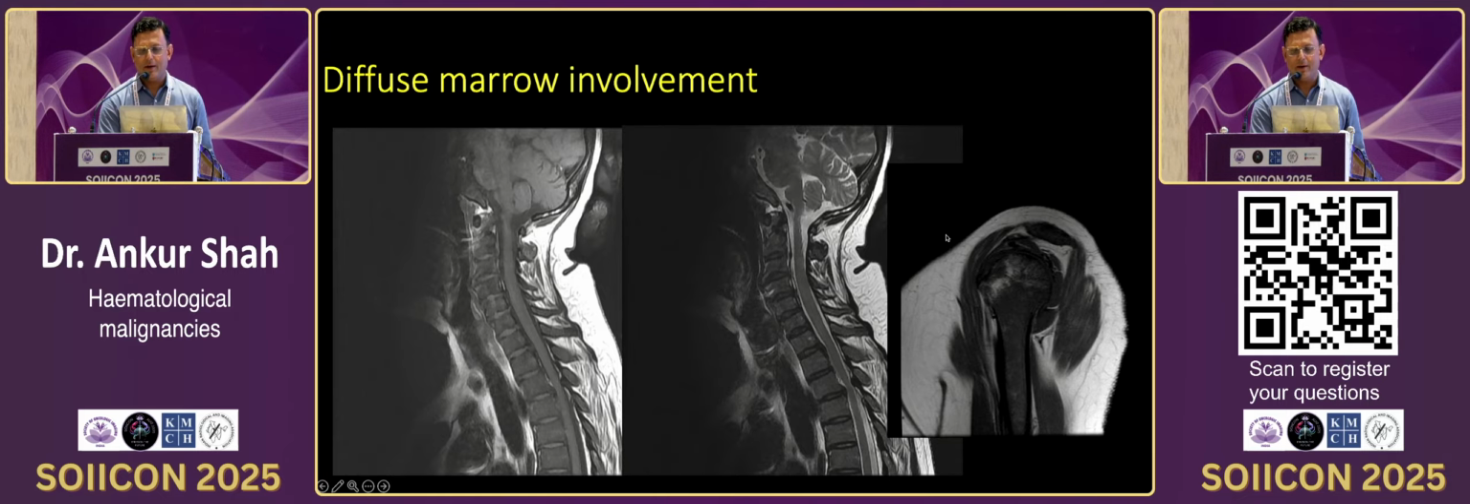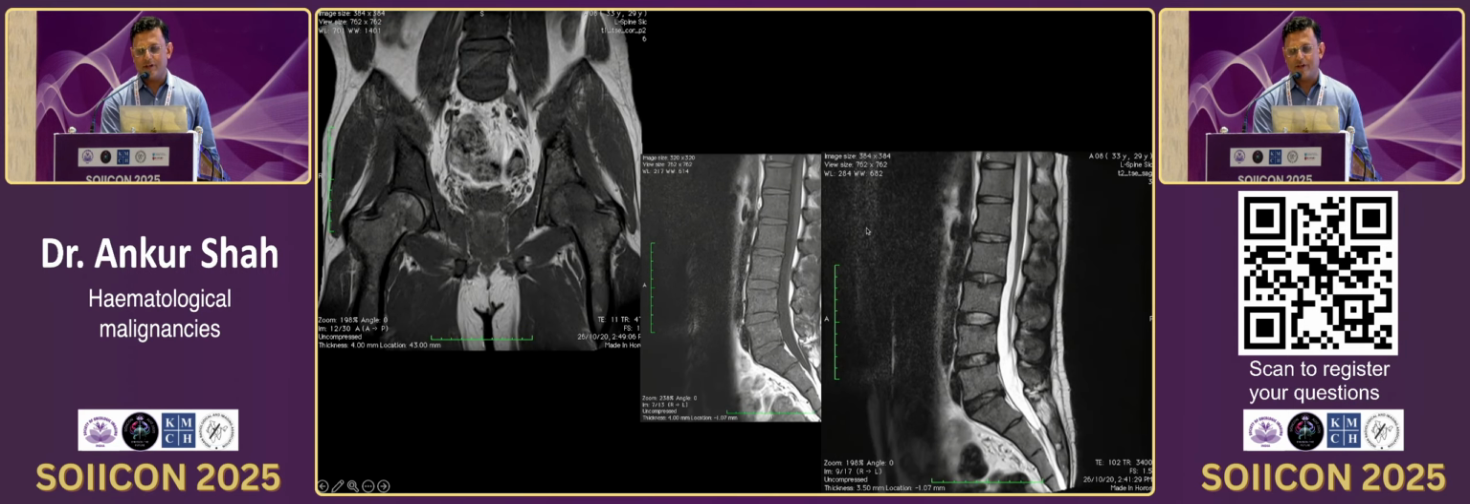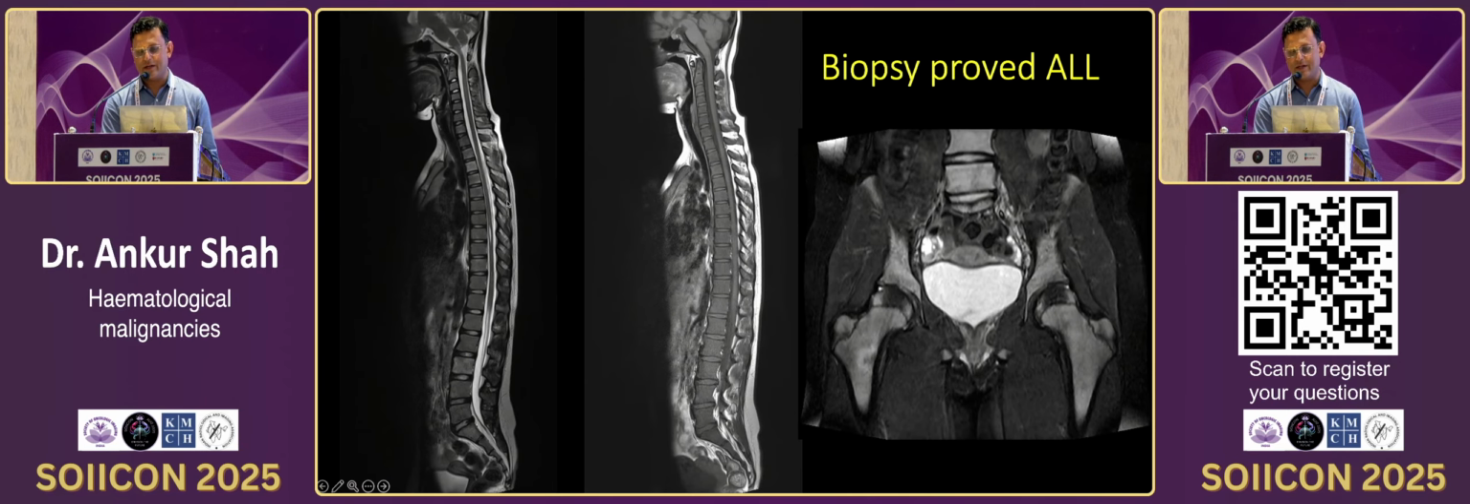Diffuse marrow involvement, as I said, can be seen in multiple conditions. Here is the involvement of the spine as well as the humerus. This one is involving the spine as well as the pelvic bones and both femurs. All these can look very similar, and that is why we need the blood workup. We might need a bone marrow biopsy to confirm, because this patient turned out to be acute lymphocytic leukemia